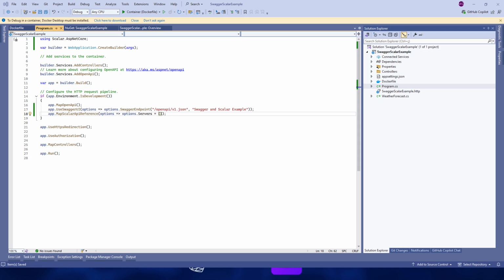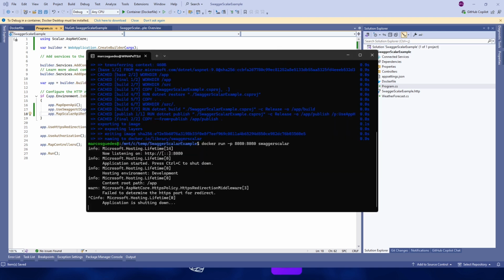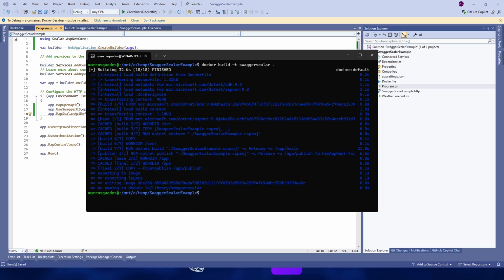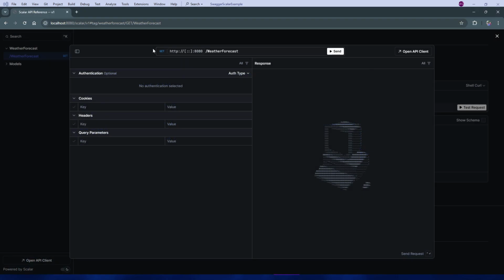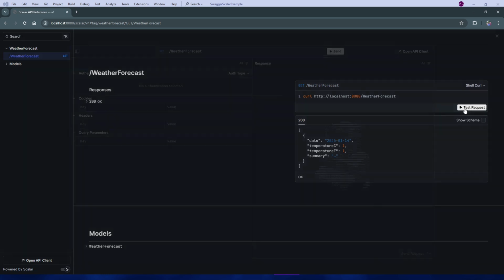Let's create a new Docker image for our application and execute it again. Then go back to the browser to check if Scalar is working. Okay, problem solved.